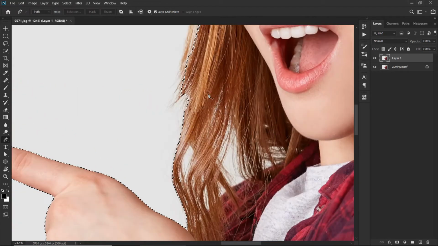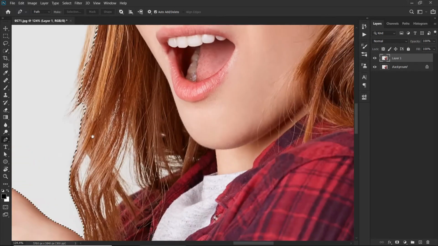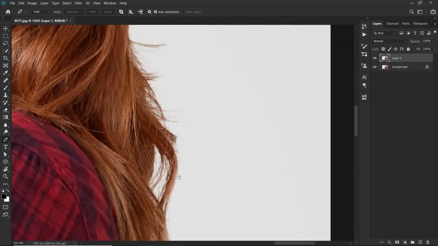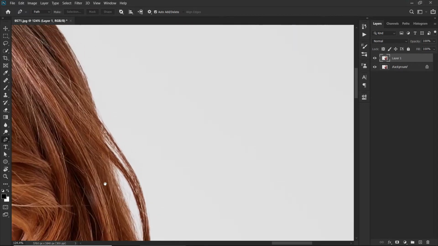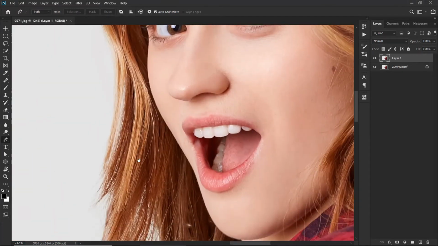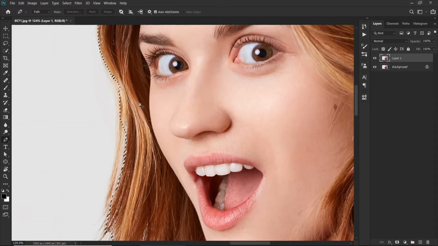So what you need to do now, you don't need any of the hairs where the background is visible. So I need to remove these hairs, and as you can see these hairs also, and a little bit of these hairs. To increase the speed, you can simply use the quick selection tool, and you can find it here, below the object selection tool, and I will just quickly choose it, and you can hold Alt to subtract any part of this selection.